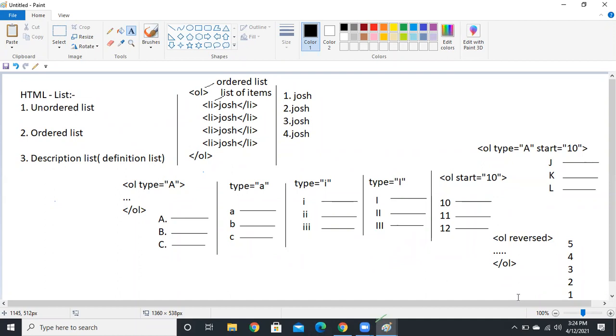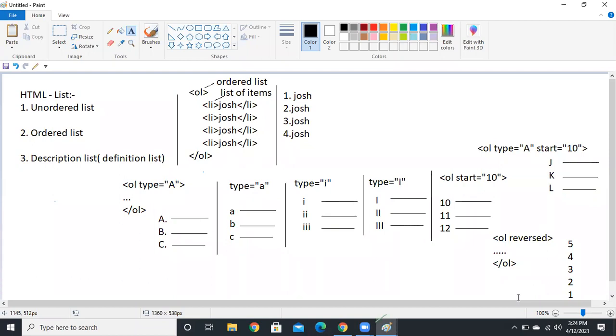So in the ordered list, generally how many attributes are we going to see? Three attributes: type, start, and reverse. By default, you get normal numbers only. If you want to change it, just type is equal to a, small a, capital A. You can use the start attribute also. Where you want to start, you can start there only. Suppose if you want to start from Roman numerals, suppose 10, then type I, and start. Where should you start? 10.